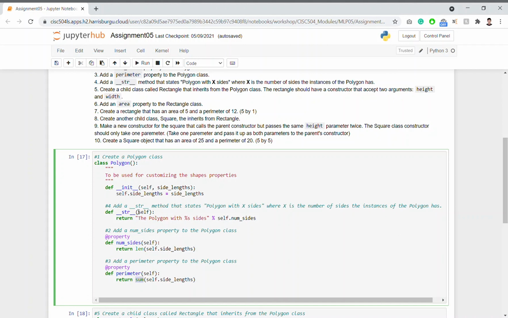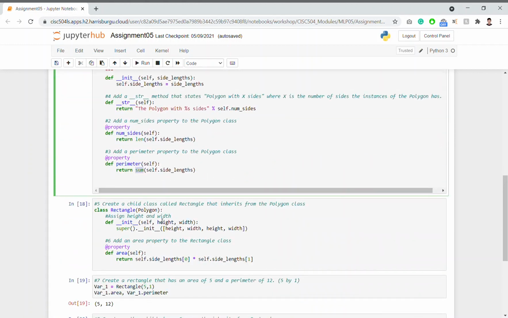And the fourth is to add a string method that states polygon with x size, where x is the input. So this is also a defined string, which returns the polygon with size self.number of sides. And the fifth requirement here is to